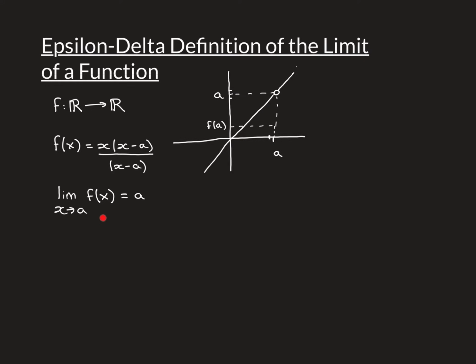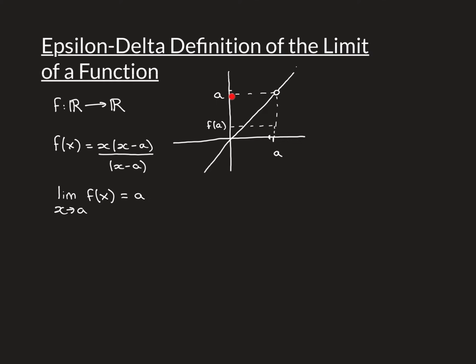So the limit as x approaches a of f of x is equal to a. So it's where you would have expected the function to map a onto if it was defined there, where the hole is in the graph. Thinking about this a little bit more deeply, the reason we can say that the function converges on a as x approaches a is because it is true that the function is going to get and stay indefinitely close to a as x approaches a.